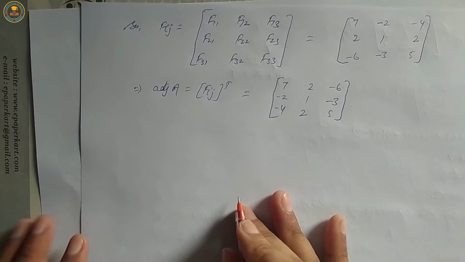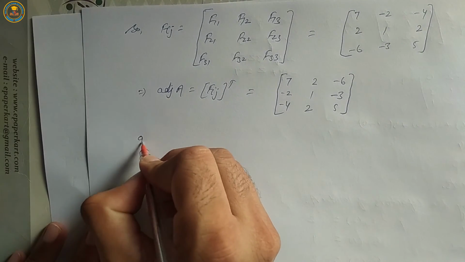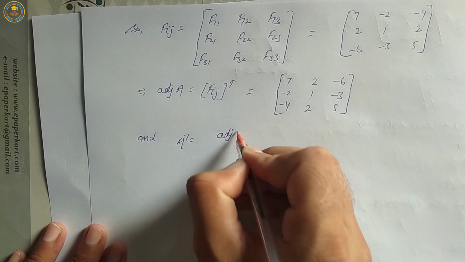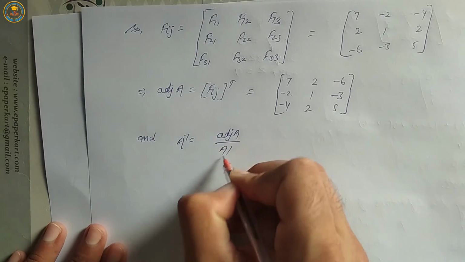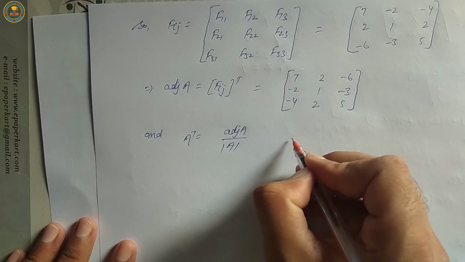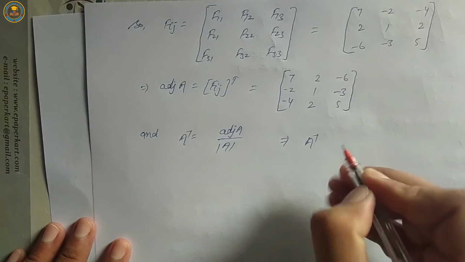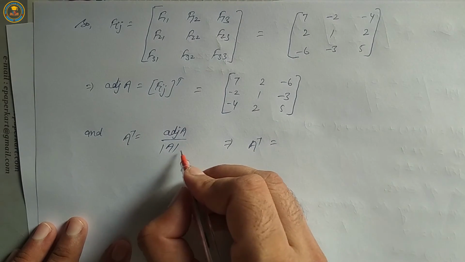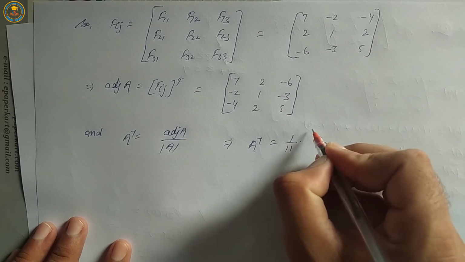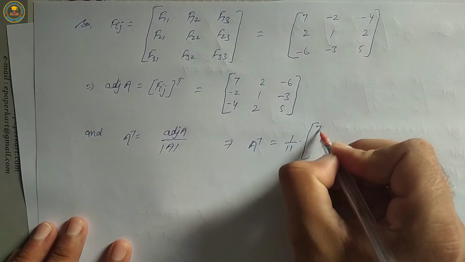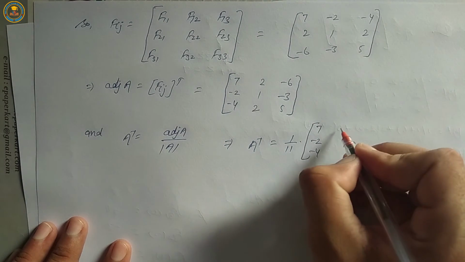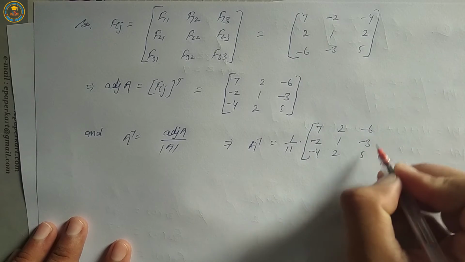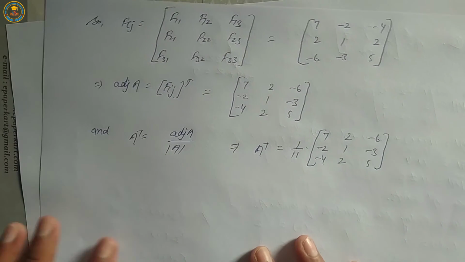Okay, and A inverse is equal to adjoint A upon determinant A. Implies A inverse is equal to 1 upon 11 into adjoint A, 7, minus 2, minus 4, 2, 1, 2, minus 6, minus 3, 5. Okay,